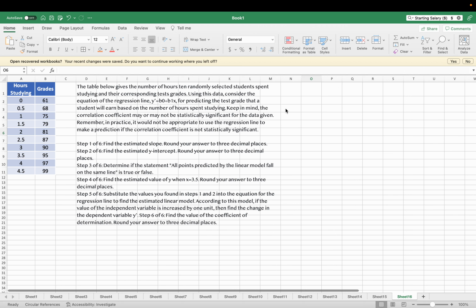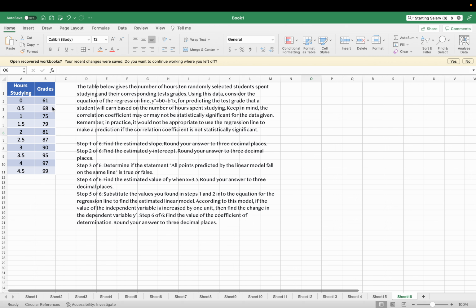Keep in mind the correlation coefficient may or may not be statistically significant for the data given. Remember, in practice, it would not be appropriate to use the regression line to make the prediction if the correlation coefficient is not statistically significant. So it wants you to find the estimated slope and then round your answer to 3